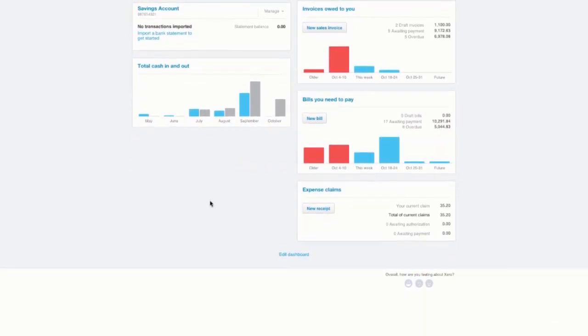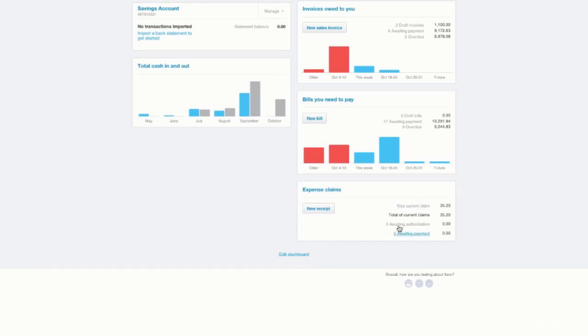Beneath bills, you will see the expense claims module. This module is how Xero processes reimbursements from the company to employees or owners. And the one thing I'll say here is you typically are only going to use this if you have employees. If you need to reimburse yourself as the owner for expenses that you made from personal accounts, I have a different workflow that I'd recommend for you, and I'll go into that in one of the other training videos down the line. But with this expense claims module, your employees would click New Receipt to submit an expense claim,